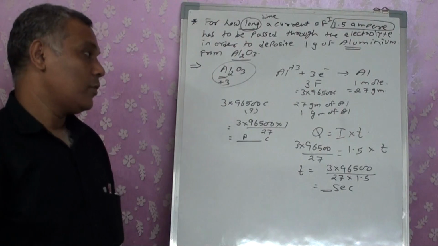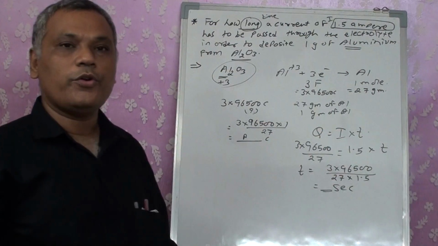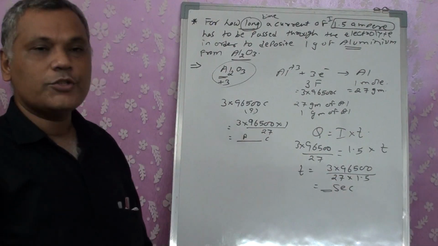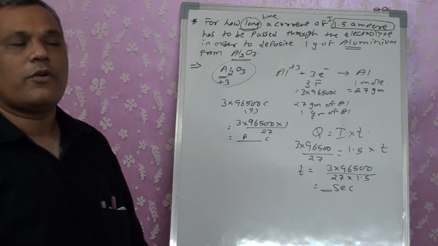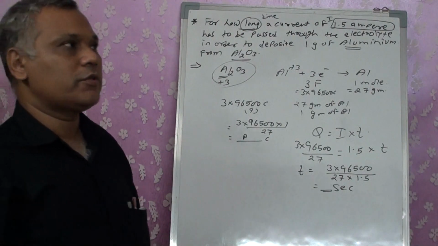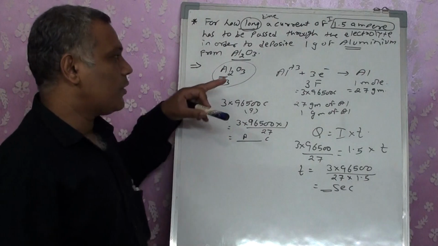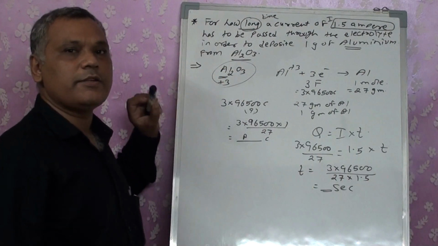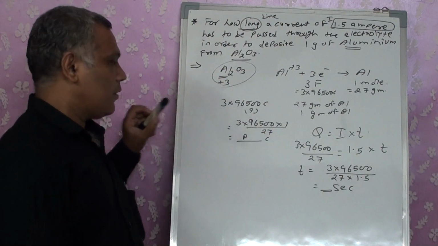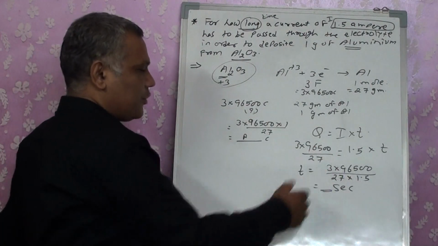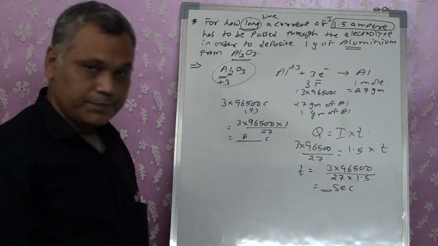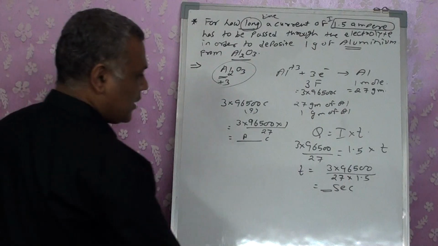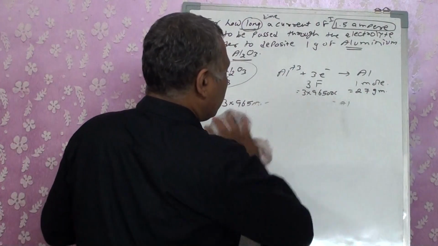Right? So every time this formula is going to be implemented, but whether it should be used first or whether from it I want to find out something depends on the reaction or the data that is given to me. Okay, by multiplication and division you will get the answer. Okay, let's check another one, the next sum.